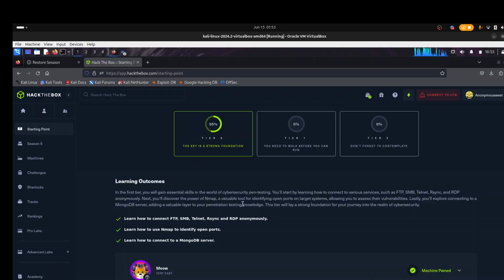Then they will be asking you questions at the bottom, like how are you going to check if the server is alive? Then you have to put in the answer, put in ping. Then what tool are you going to use to check for ports that are open on the server? They ask you all that, step by step. They call it a guided mode. But if you click on these machines, they will just give you an IP address for you to hack, and they will tell you to give them